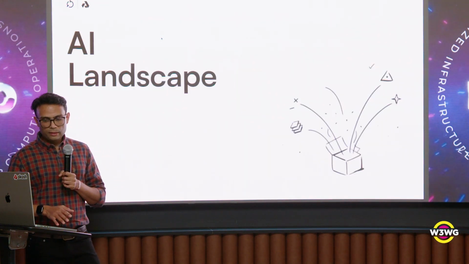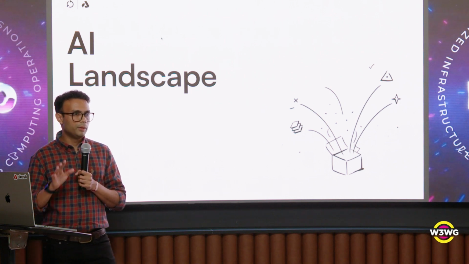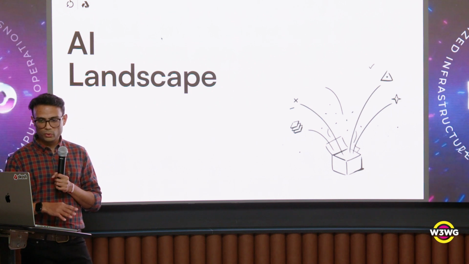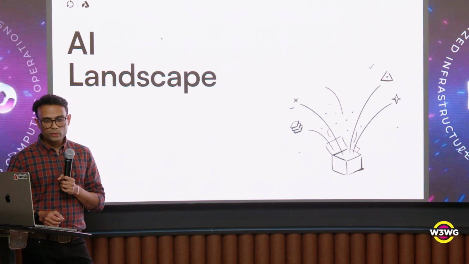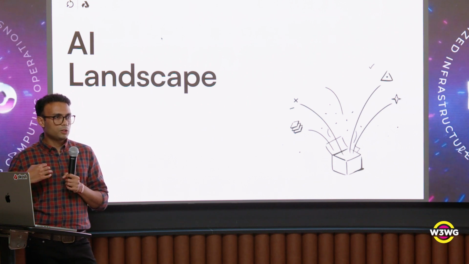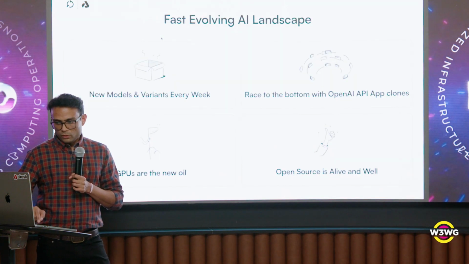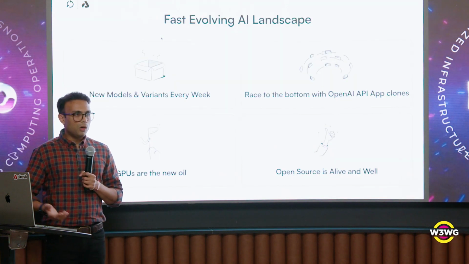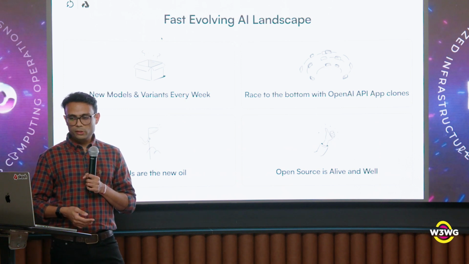Cool. So I talked about what Akash is today, and hopefully it gave you a sense for what we've been up to the last several months, if not the last whole year. What I want to do next is spend just a few minutes talking about the AI landscape as we see it from an Akash perspective, and then jump into our product strategy. There's obviously been a lot going on in the AI world since the start of the year, pretty much.